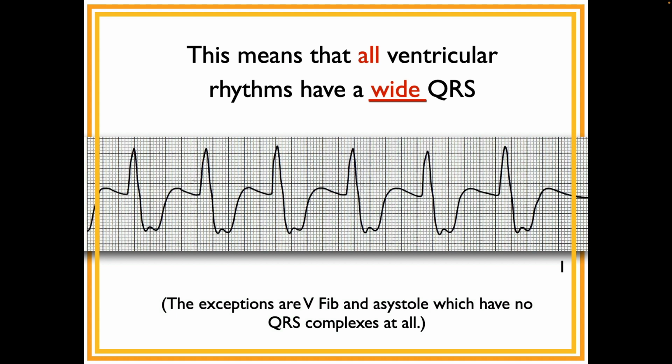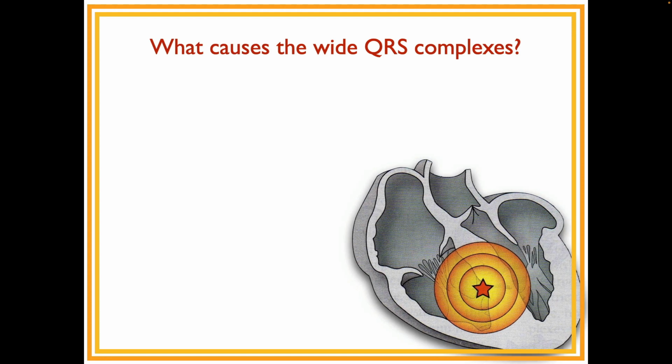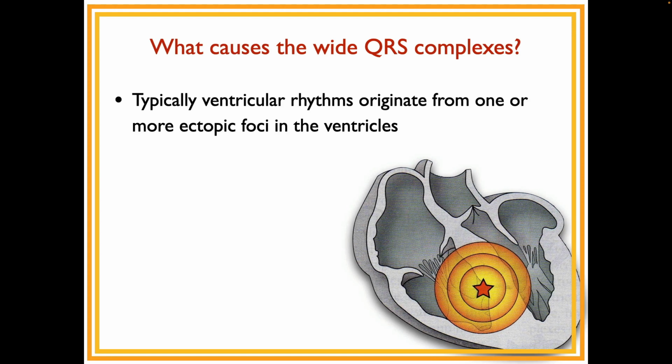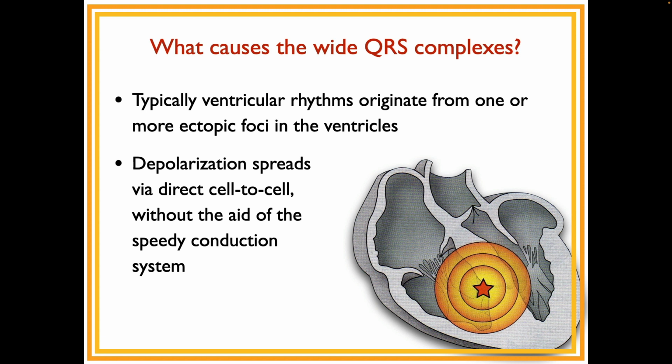So if they have a QRS complex, it's wide. So who remembers why all ventricular rhythms have a wide QRS? We've talked about this before. Cell to cell, okay, good enough. So just to go through it again, typical ventricular rhythms originate from one or more ectopic foci in the ventricles, so one of those misplaced pacemakers. And then the impulse spreads through the ventricles, but it doesn't have the advantage of the speedy conduction system. It has what we call direct cell-to-cell conduction,